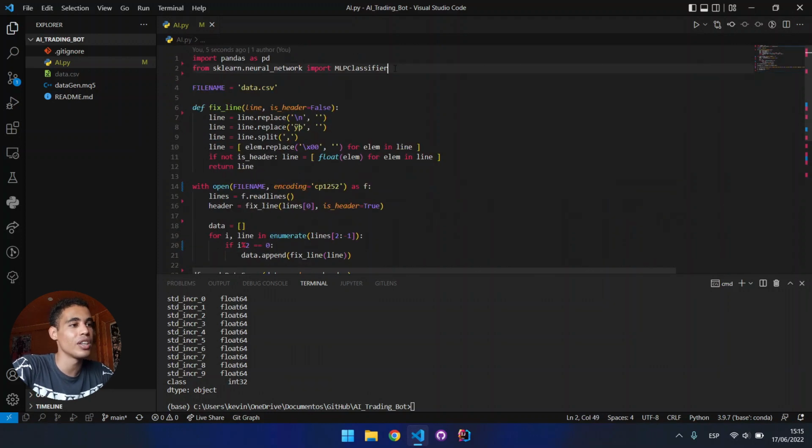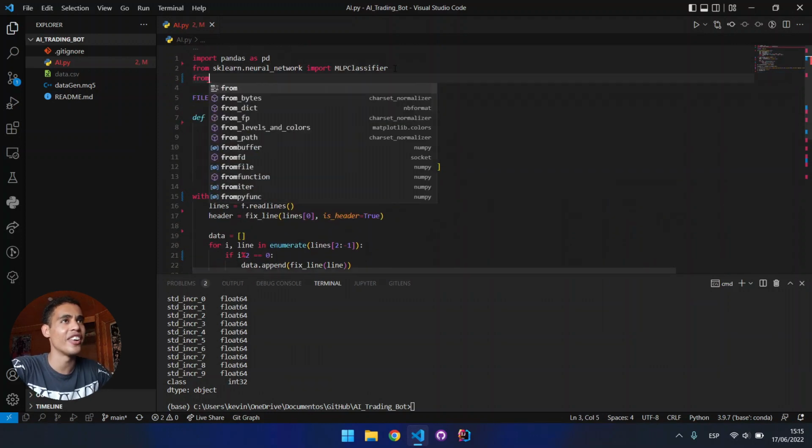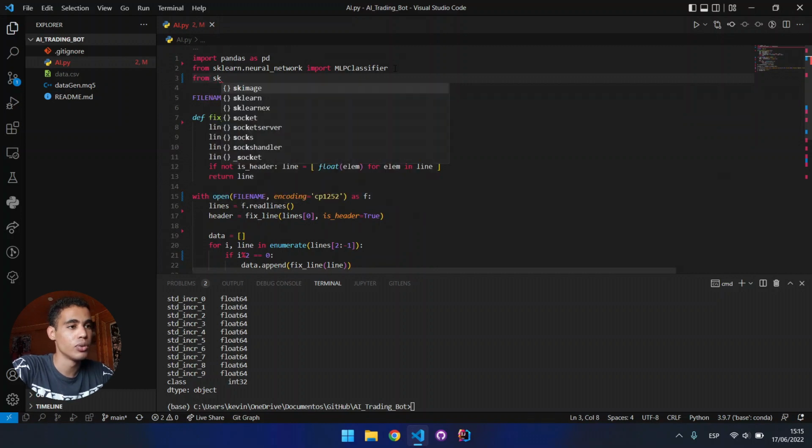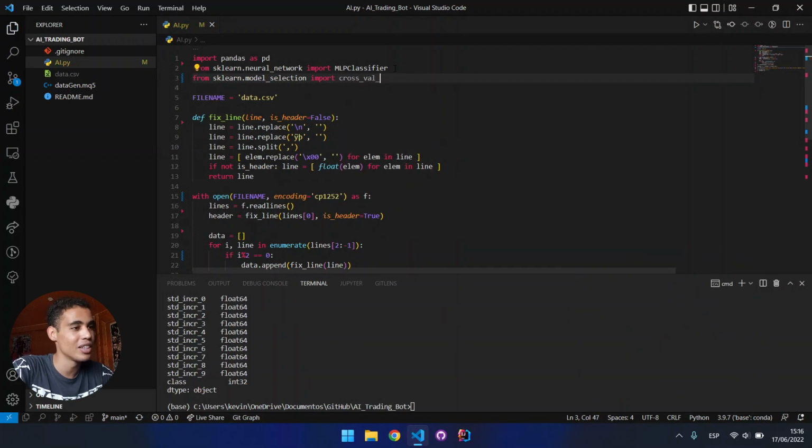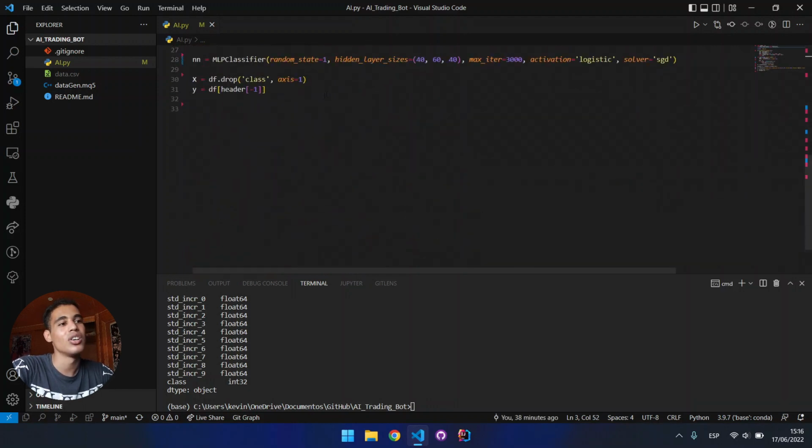So for example, here what we can do is that from sklearn again, we need to import the model selection, and here we are going to import the cross-validation score, not cross-val predict score. Perfect. So what is this? It's basically a way of training, splitting the data, so you use every piece of the data as a test. We could go very deep on this, but it is a nice way to see how well the neural network is working. So for example, here we are going to say cross-val score,